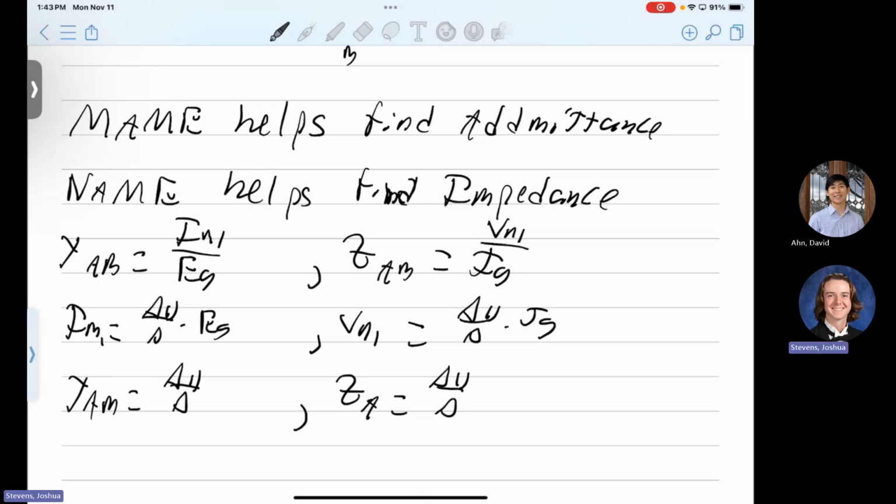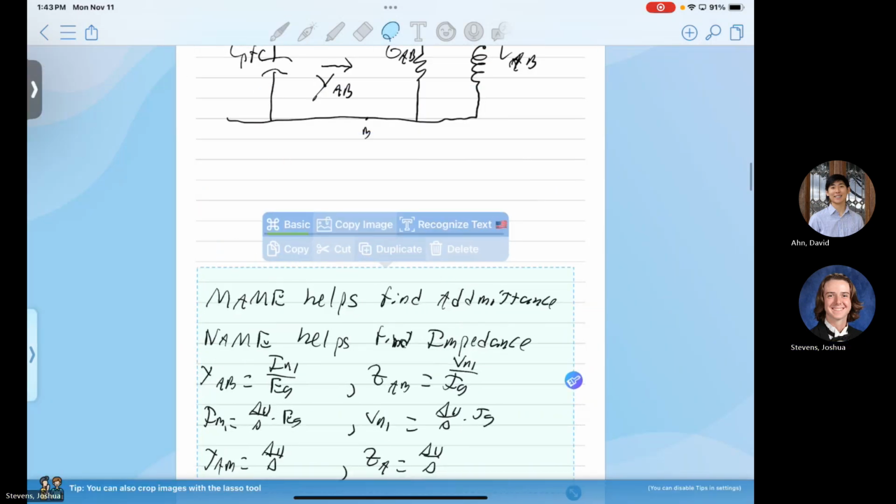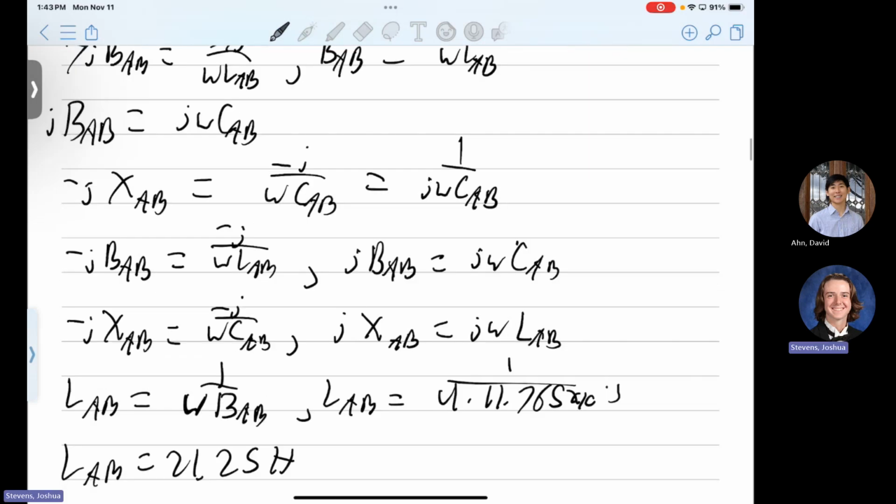Also, I haven't even fully finished this problem. Let me do that real quick. I'm just going to put this down. Okay. So as I said, we put this capacitor in there as a counteraction for the inductor. I believe that's just the best way to explain that. So based on this right here,